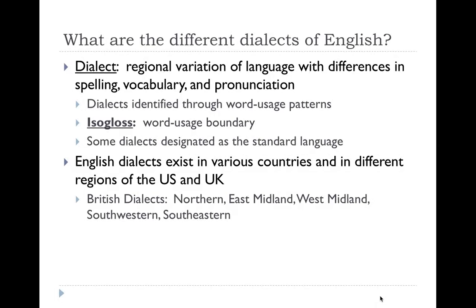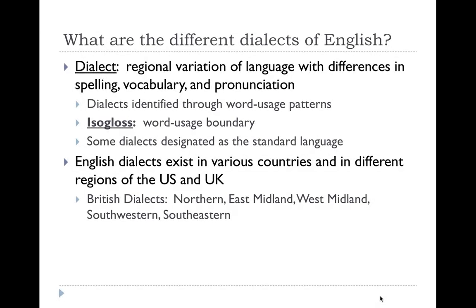And then we get into some of the differences that we start to see with the idea of dialect. When we look at different dialects of English, we tend to think of the dialects throughout the United States. But obviously, English is a global language, and so we hear dialect differences from different parts of England and the United Kingdom to Australia to India to all around the world where English is spoken.